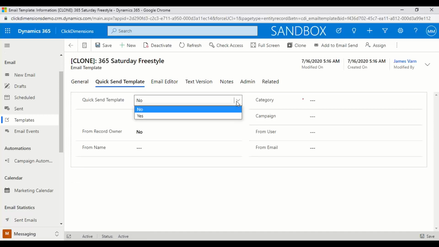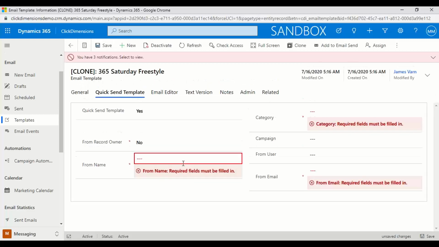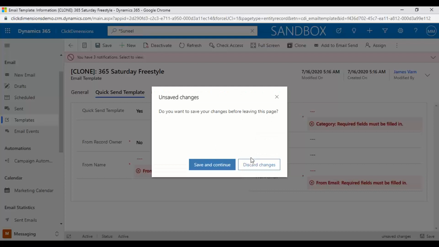What that's going to let you do is use this email as a one-off for individuals. And as a sales guy, I think this is a great feature. I use it all the time. I understand that my marketing team is generally better at creating content than I am, right? So instead of having to create my own emails, I'll pull from one of these ClickDimensions quick sends that we have turned on. So if I save that and then enter all of these different fields, I'm going to be able to use this as a one-off. So if we do go to an individual contact record in here,